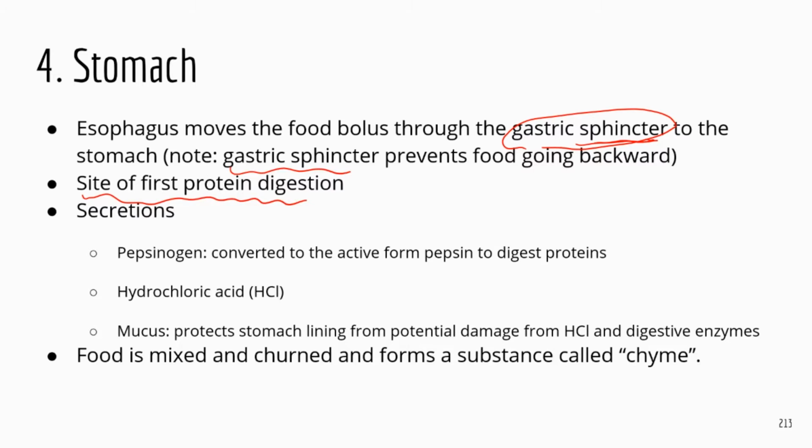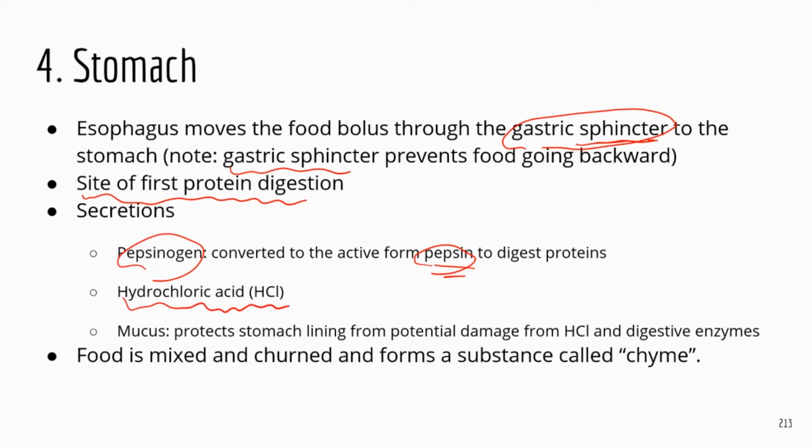Remember, we talked about the enzyme that's activated in the stomach that performs the protein digestion, which is pepsin, right? Pepsin, that's the active form. The precursor is pepsinogen. Stomach, we all know, is very acidic. So the acid that's produced by the epithelial cells in the stomach is hydrochloric acid, HCl. So that's the acid in the stomach.